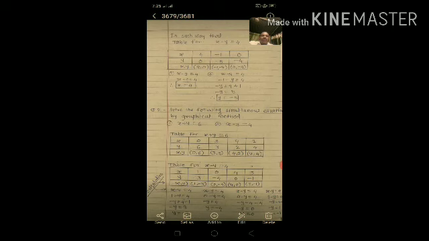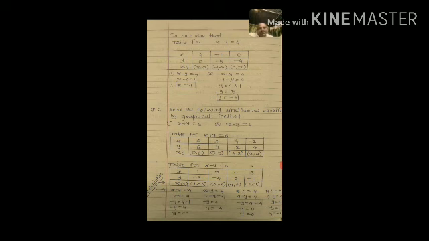In these two equations, the table for the first equation is x plus y is equal to 6. Here x is equal to 0, x is equal to 3, x is equal to 4, and x is equal to 2. These values are put in the given equation, x plus y is equal to 6. Therefore the y values are found: y is equal to 6, y is equal to 3, y is equal to 2, and y is equal to 4, and hence the coordinate points are created.